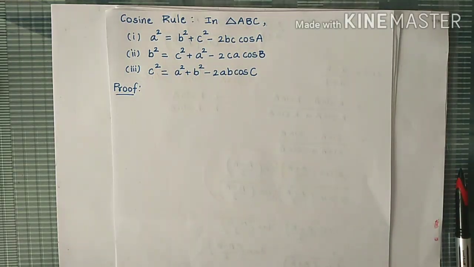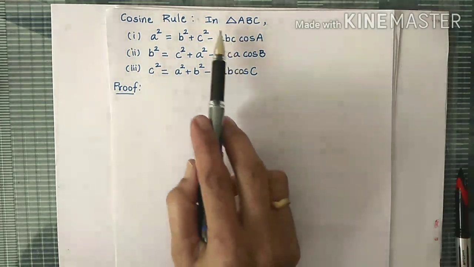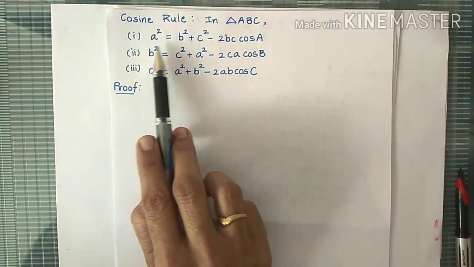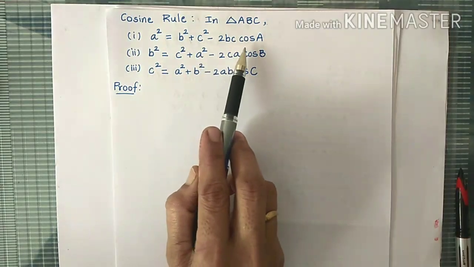Students, in this video we are going to study the cosine rule and questions based on the cosine rule. Okay, so first let's write the statement of the cosine rule. The statement of the cosine rule is: in any triangle ABC, a square equals b square plus c square minus 2bc